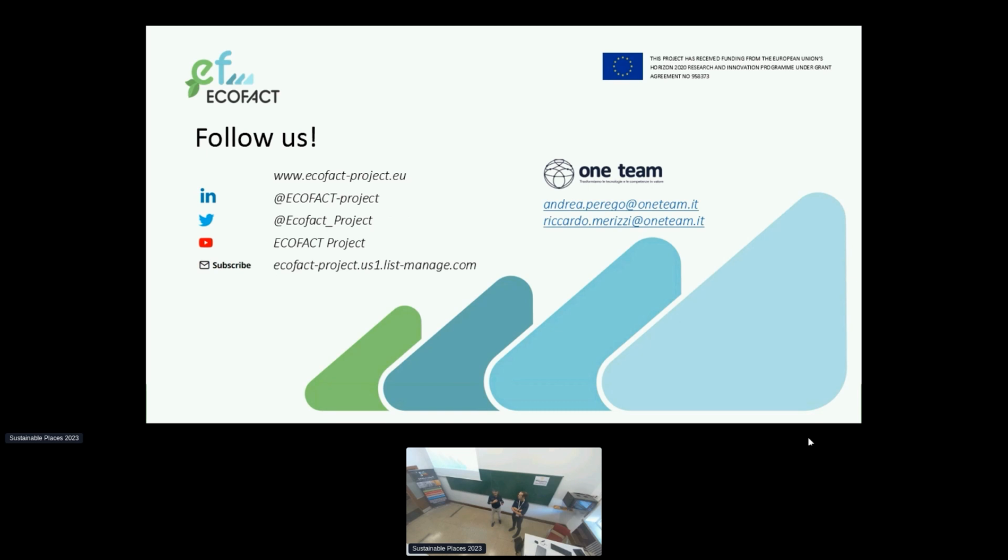Or as Andrea was saying, considering the other partners, the integration is done. It will happen always in the same way, even for other demo sites. But if you take the same ECOFACT demo sites, maybe in the future there can be some retraining of the models of the algorithms. And then in that case,